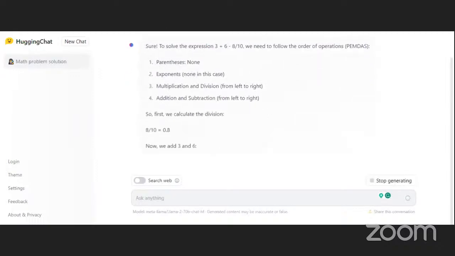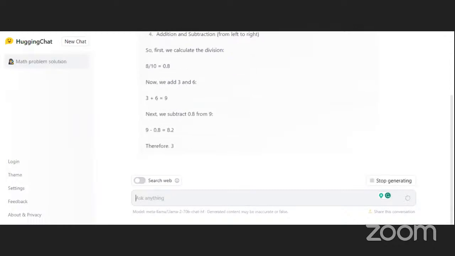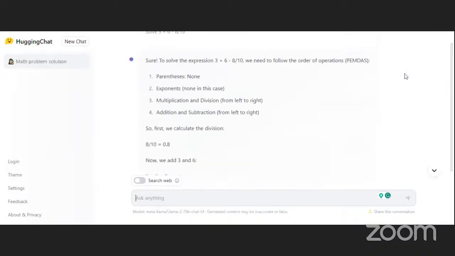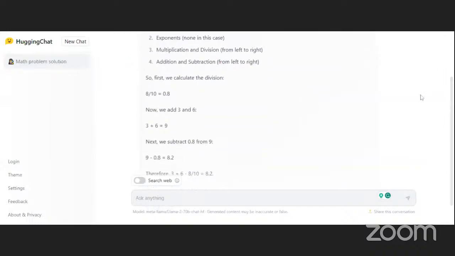It tells you that to solve this mathematical problem, first of all, you follow PEMDAS: brackets, exponents, multiplication, division, addition, and subtraction. So what happens here is, first we calculate the division, which is 8 divided by 10. After that, we can add 3 plus 6. After that, we can then do the minus. So then our answer is this. You see, it gives you this outcome in the result of your chat.